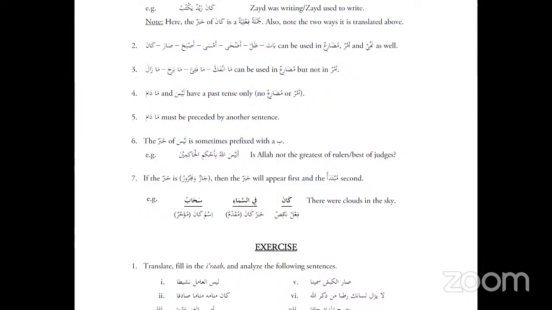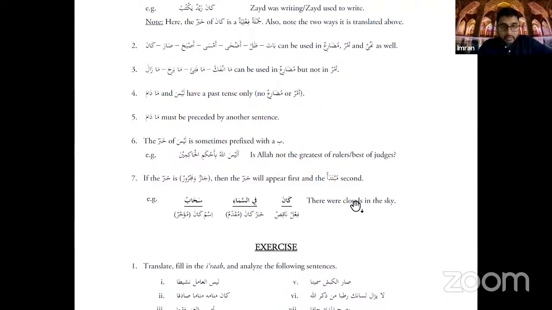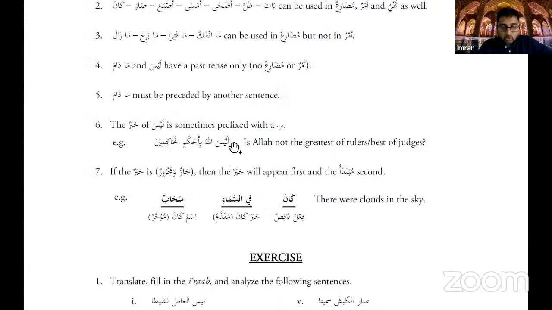Bismillahirrahmanirrahim. The khabar of Laysa is sometimes prefixed with Ba. Alaysa Allahu bi ahkamil hakimin? Is Allah not the greatest of rulers, or the best of judges? So here, Allah is the ism of Laysa, Ba is harf jar, Ahkami. Now Ahkami is a diptote noun. It's an af'al tafdhil noun, a superlative noun. And normally when harf jar comes before a noun, the noun is in the state of